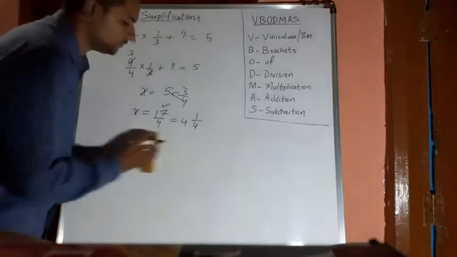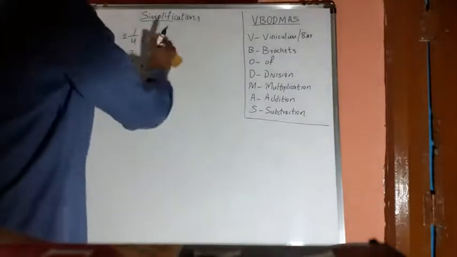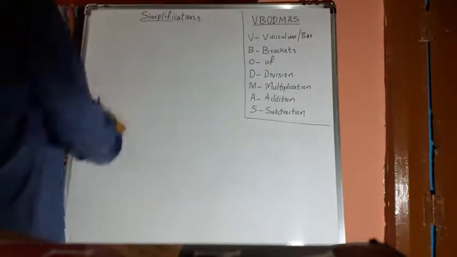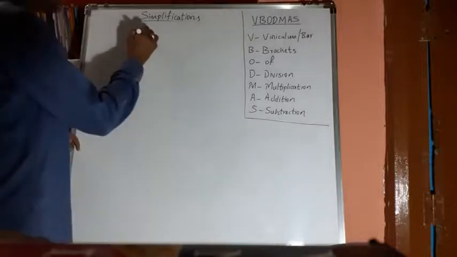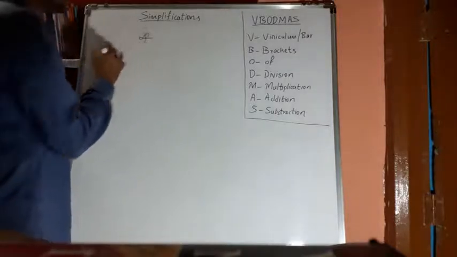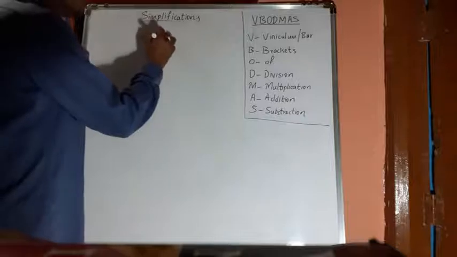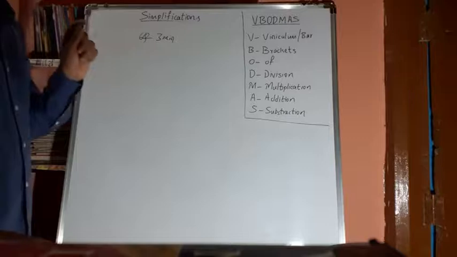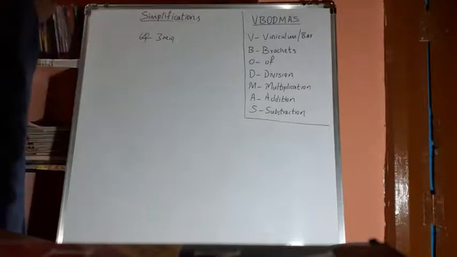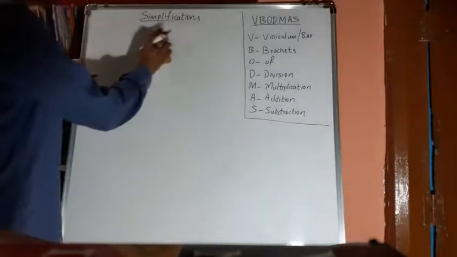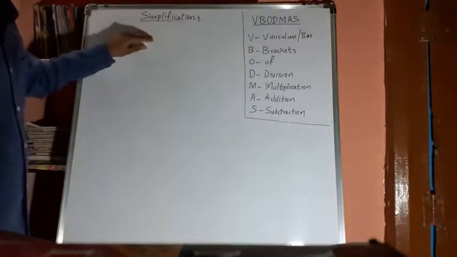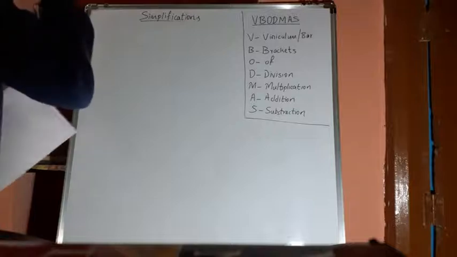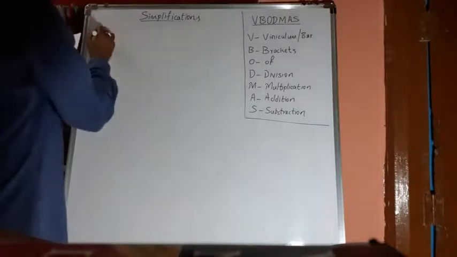Understood, friends? Friends, I am taking too much time for simplification. Don't waste too much time in simplification. Suppose there are 6 questions in your examination. You should take a maximum of 3 minutes to solve those questions. On an average I am telling you, take only 30 seconds for one question. Don't waste too much time. Whatever problem I have solved here, I can take a maximum of 15 seconds to solve. For your understanding, I am taking too much time. So practice a lot so that you will get some idea.